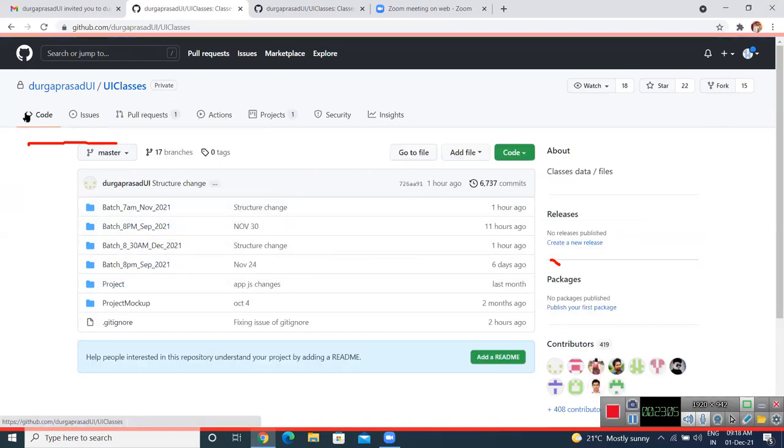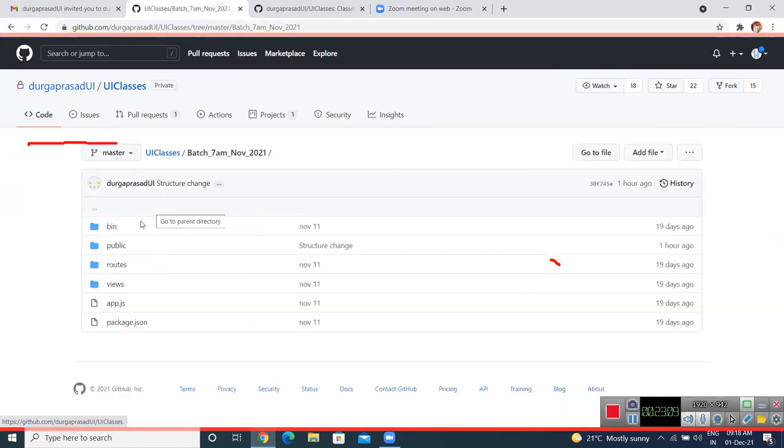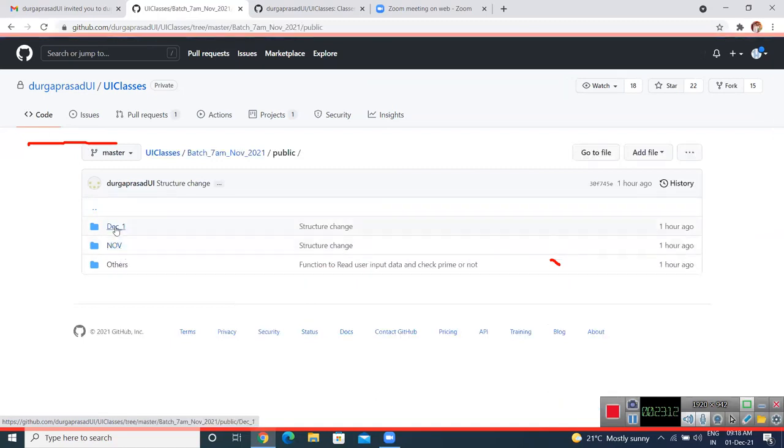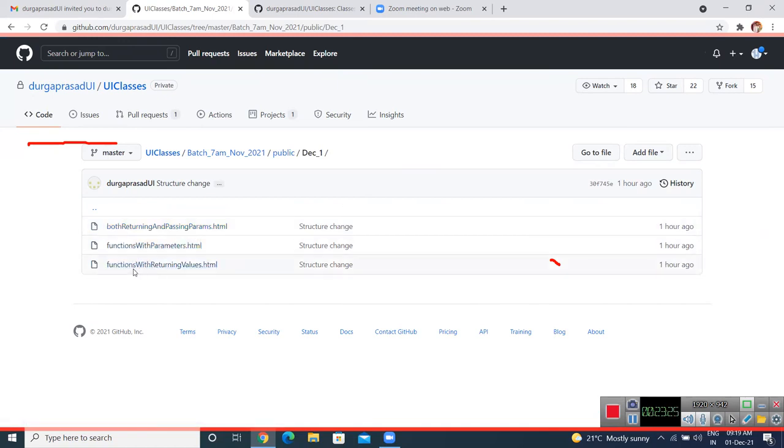Okay, fine. Can you please click on the 7 a.m. folder again? Okay, public folder again. Now, say for example, you want to see, okay, please click on December 1st folder. Okay, there is a topic like returning and passing parameters. Now, if you want to understand how they have done that,